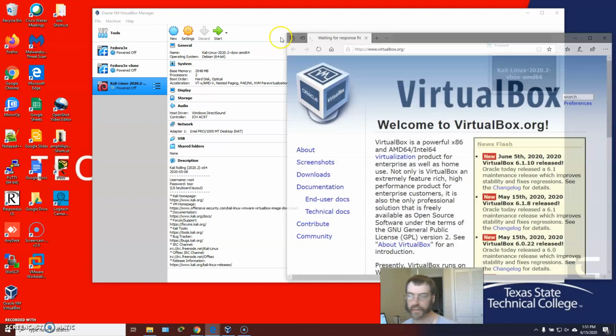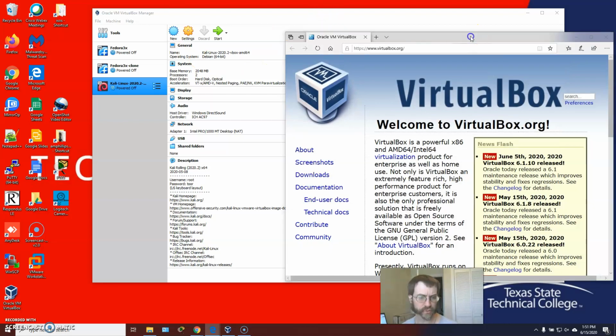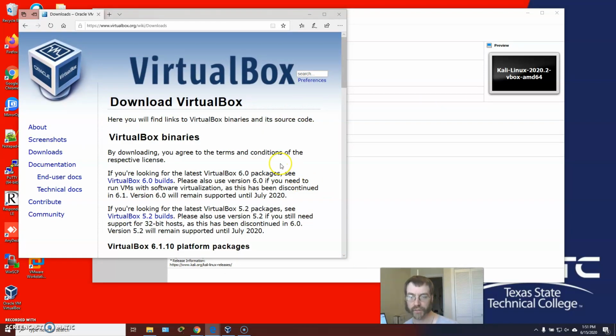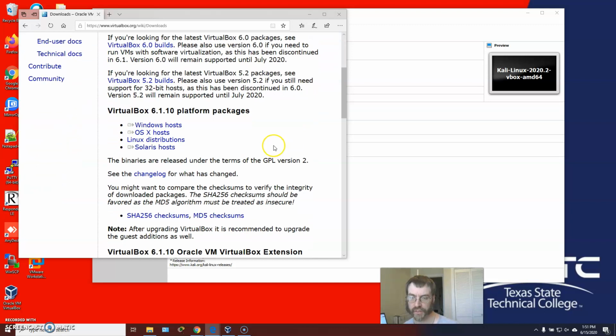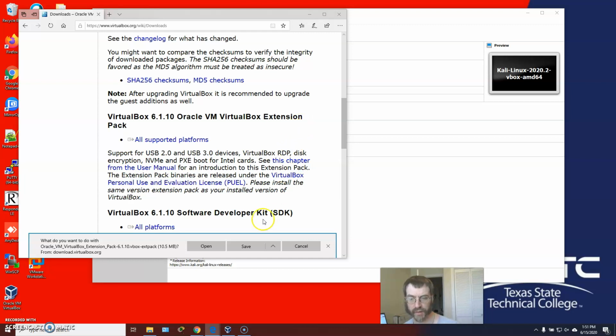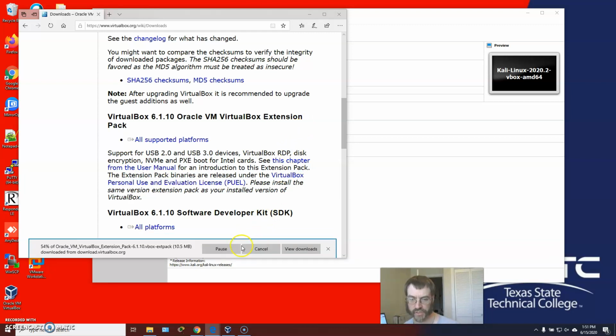I'm going to drag this over here, because unfortunately, VirtualBox is under the impression that I want to use Edge, which is not the case. But I can go ahead and get the extension pack, which will actually allow me to boot the VM as built. And I will save it,